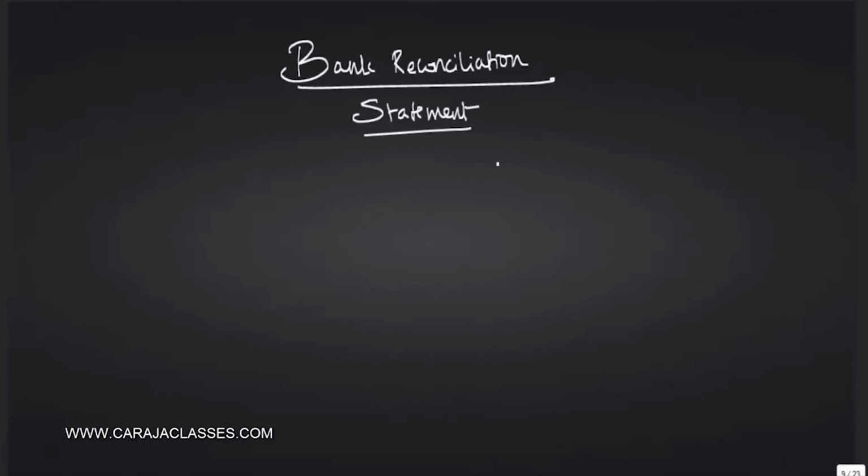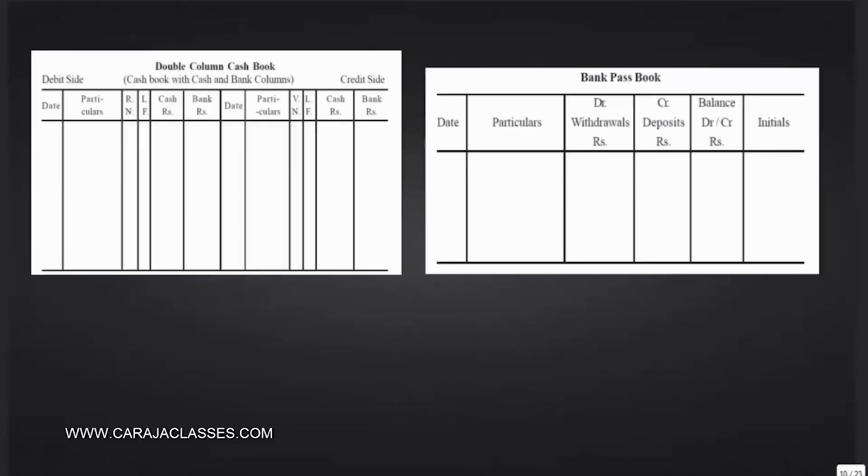In this session, you will understand what bank reconciliation statement is. We know the companies will maintain cash book with a bank column to record bank transactions, and that cash book with bank column will give you what is the bank balance as on a particular date. But this bank balance should be equal to the bank balance as per your passbook. Let's see them here. What you are seeing here is this cash book, and this is the passbook, right?